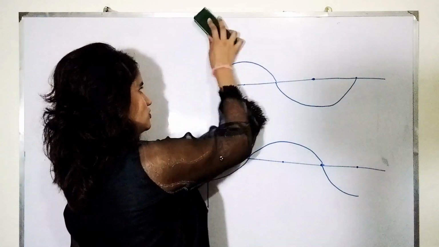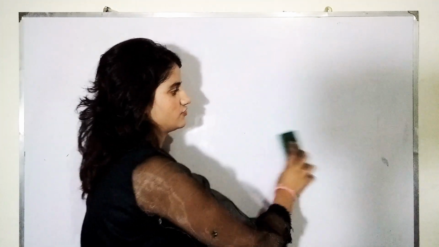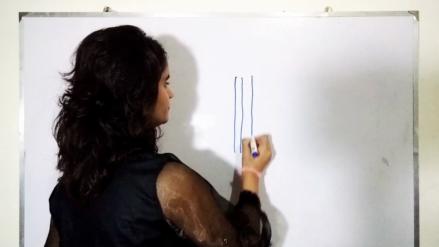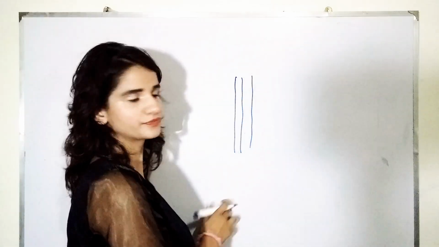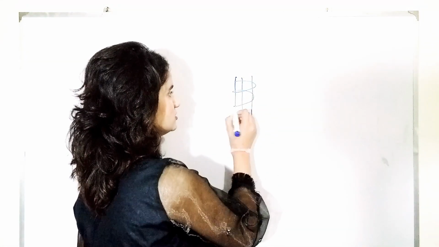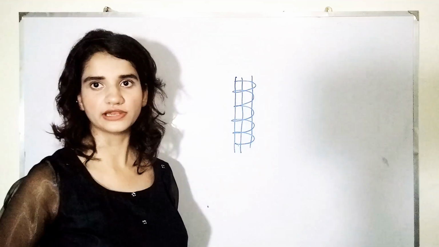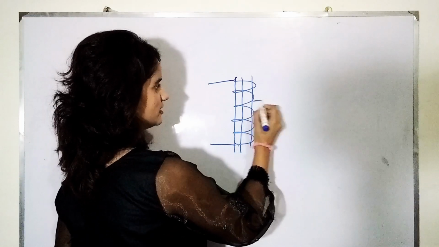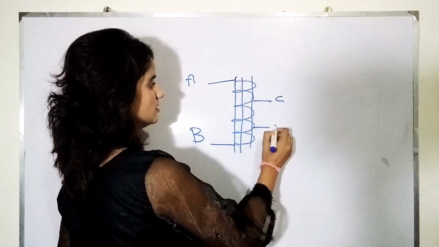Now the last thing we are going to study is the auto transformer. An auto transformer also works on the principle of the variable transformer, but its construction is a bit different. What is its construction? This is the iron and this is the iron, and in the central region is the insulation. And it has just one coil. How is this coil regulated? Taps are applied at the same points A, B, C, D.